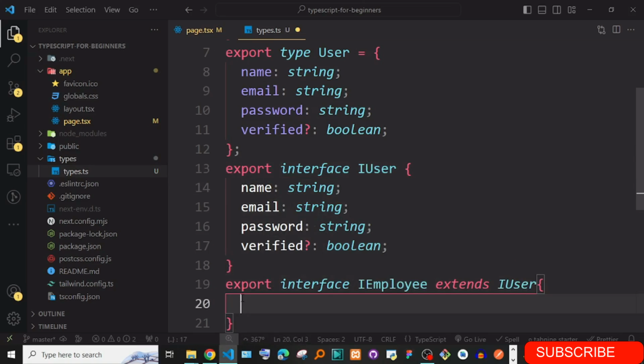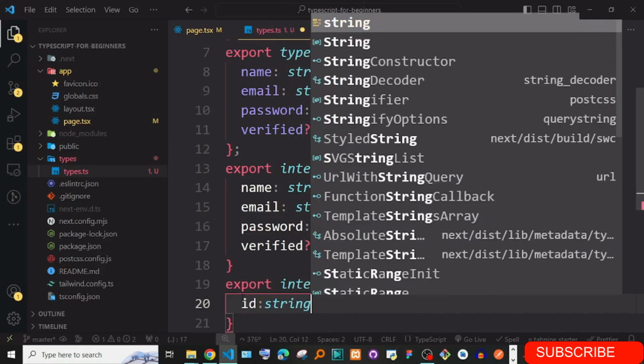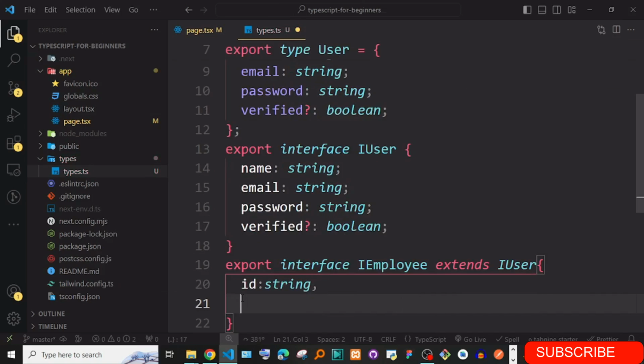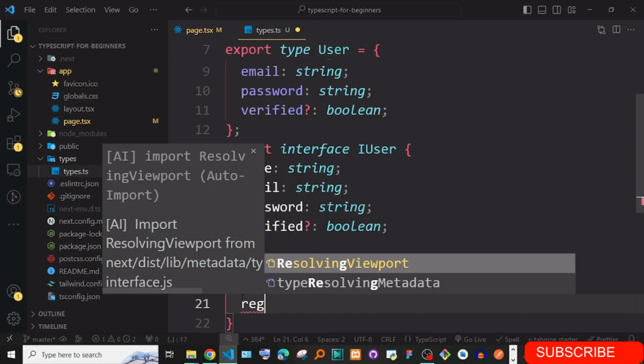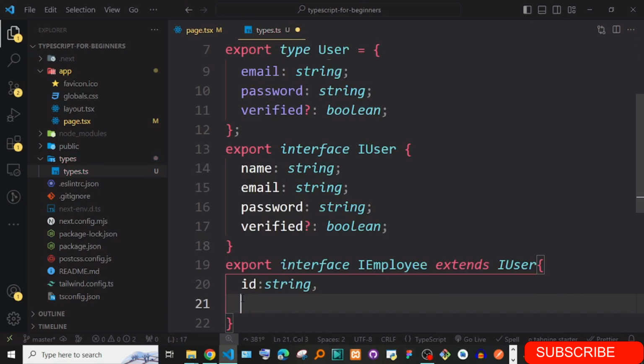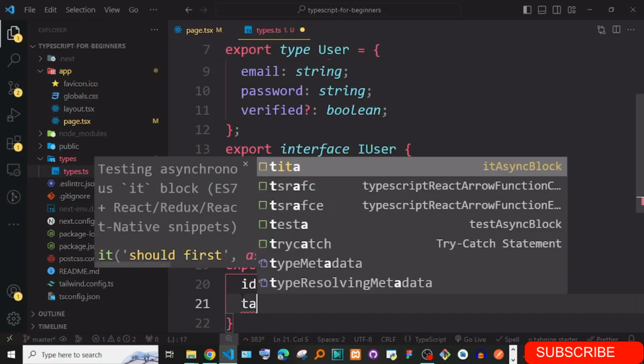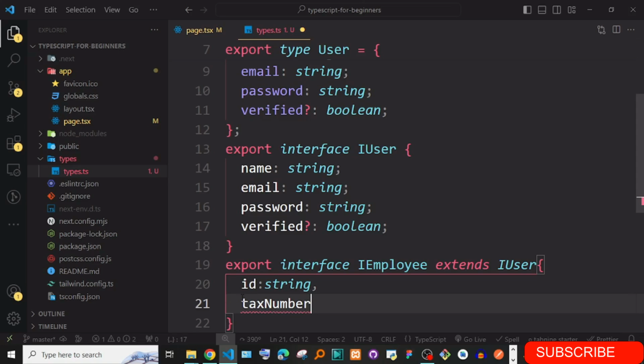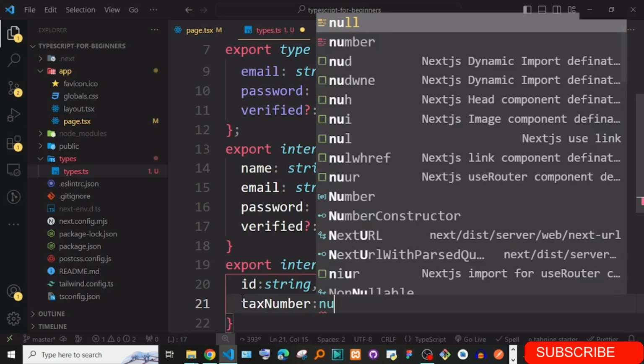So here we can add two things, for instance ID, which is going to be a string, and then another one, maybe the tax number. This is going to be a number.